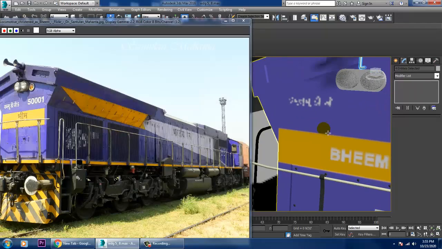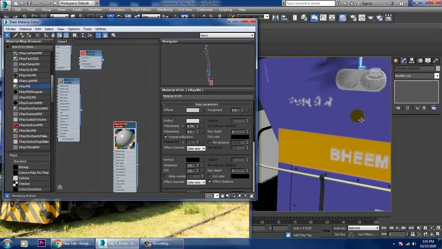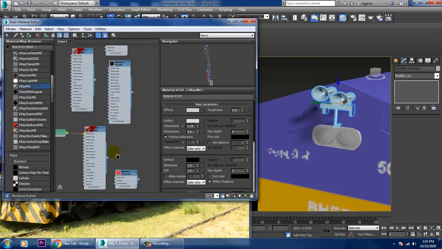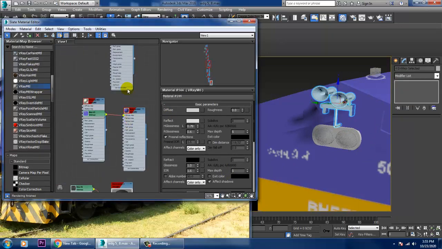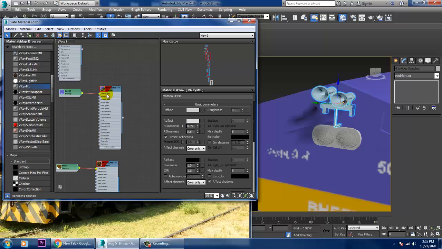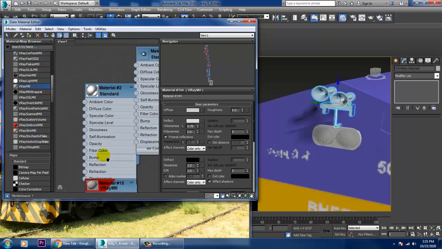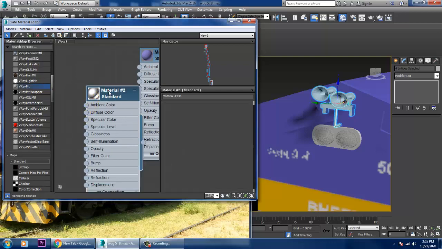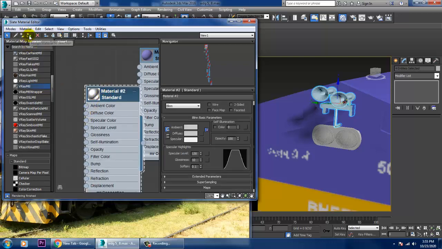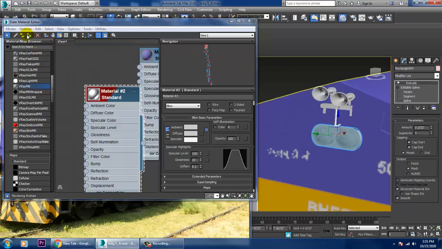So let's go into this, and if you want, we also have some kind of metallic on the top also, so we can go with this, not a problem. We can go with this.